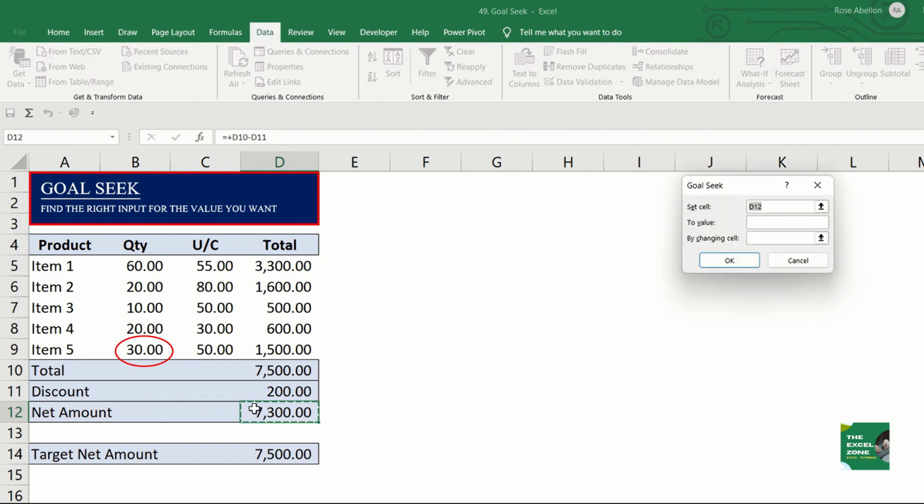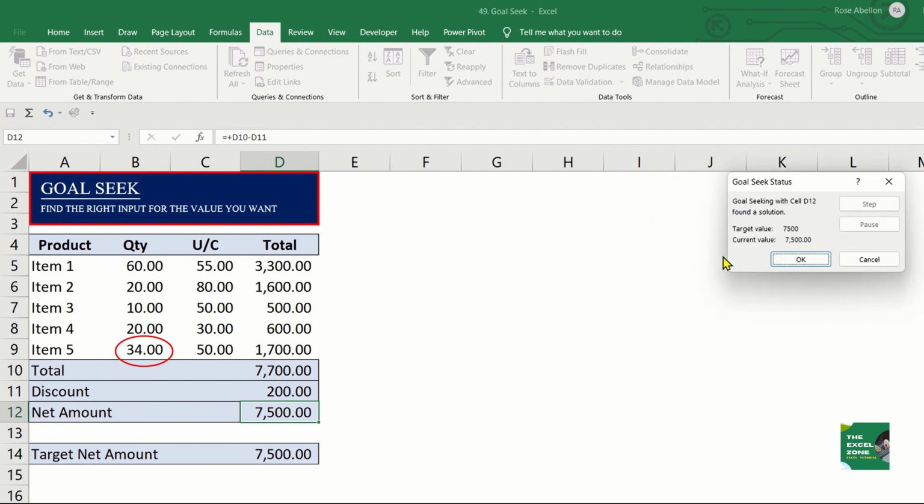Alt-A-W-G and set cell, this time the net amount. To value 7,500. By changing cell, this one, it shows that you can now buy 34 of this item.